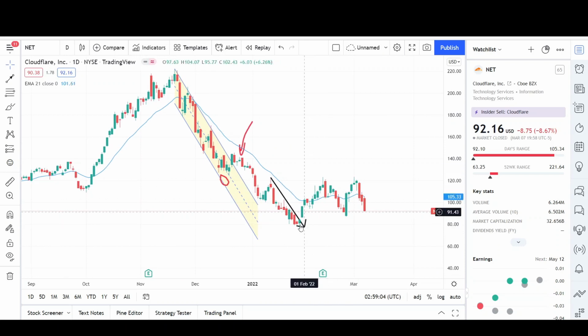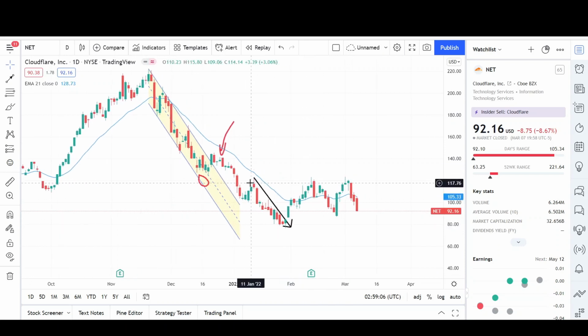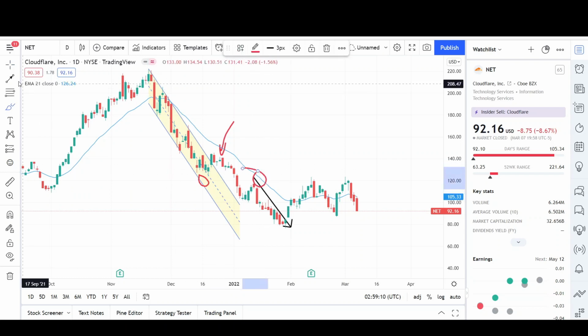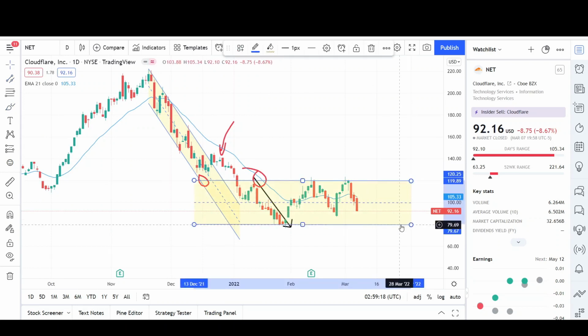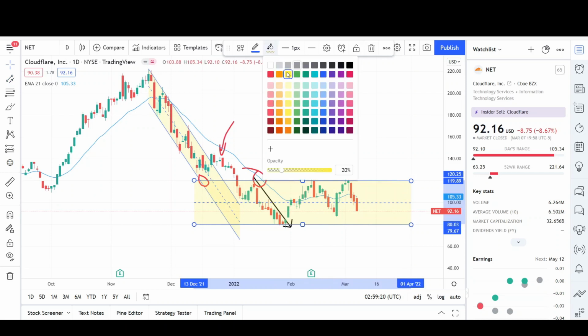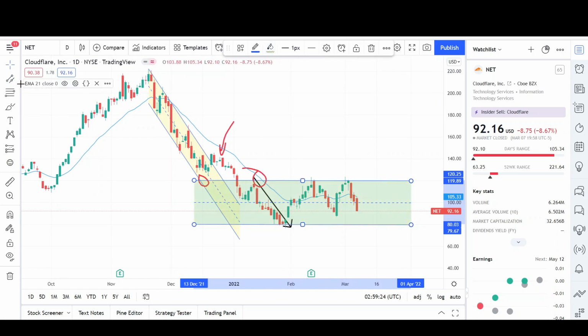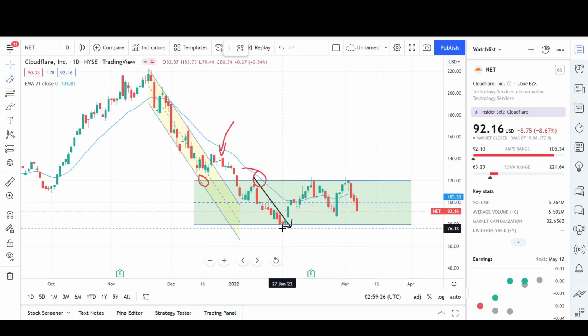So the buyers found resistance at this previous swing right here, and then we started to go sideways. So this range looks like it's currently holding prices now. We just had a triple test at the highs of the range. We're going to make this one green, and previously there was a little uptrend holding prices right here, but the